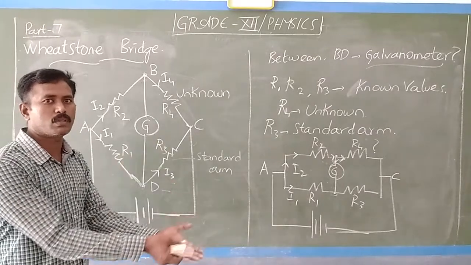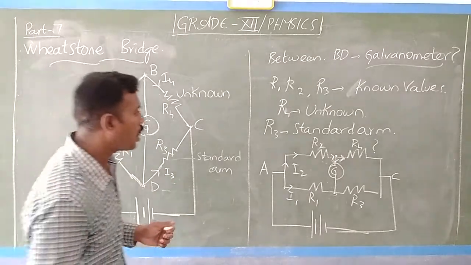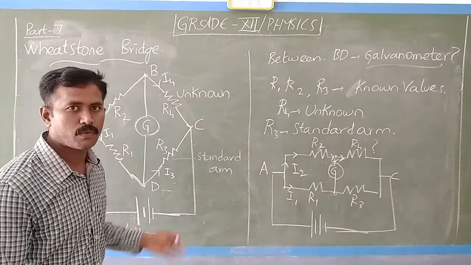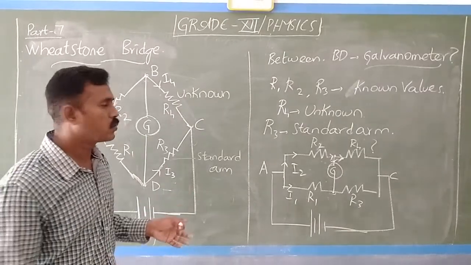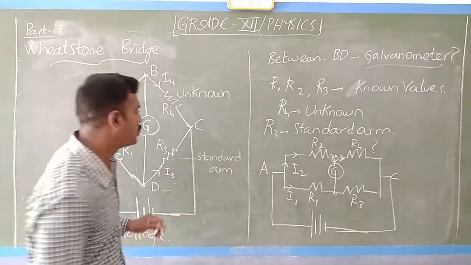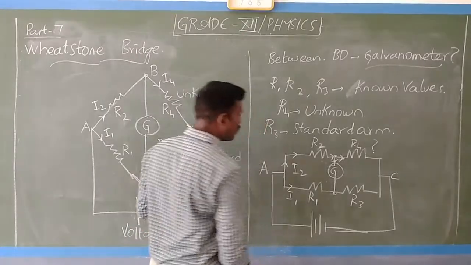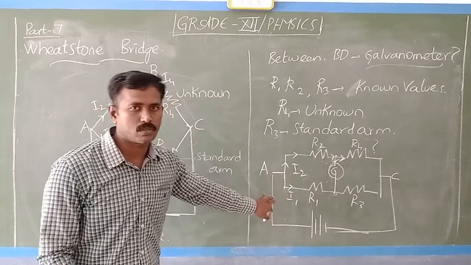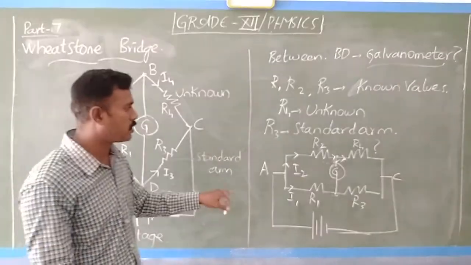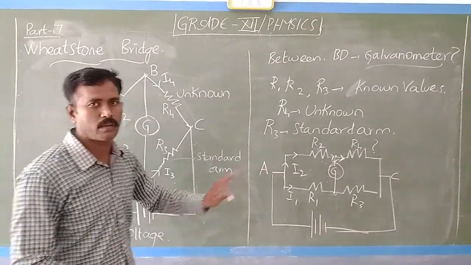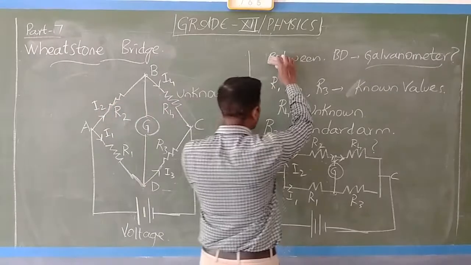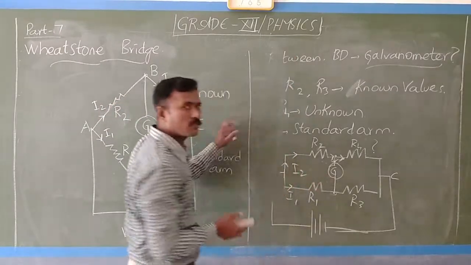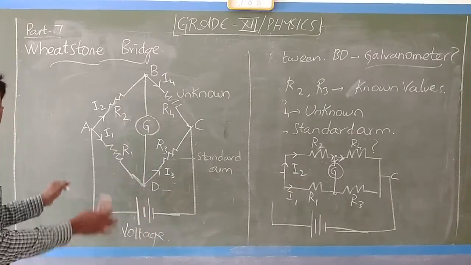Now we will move on to the equation part. How do we find the R4 value using the equation? You got the criteria? Right. So I will erase this. It is better for you to draw the circuit in this manner also. For an electrical network, this is a convenient method for proper series-parallel mode. But don't draw it as a Wheatstone bridge, in the standard diagram. Clear?